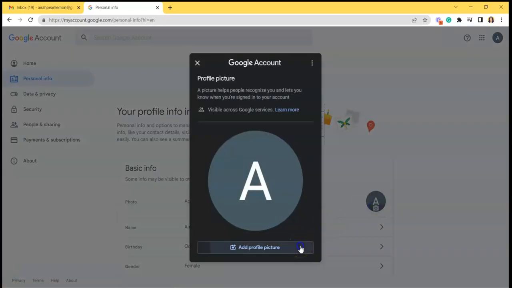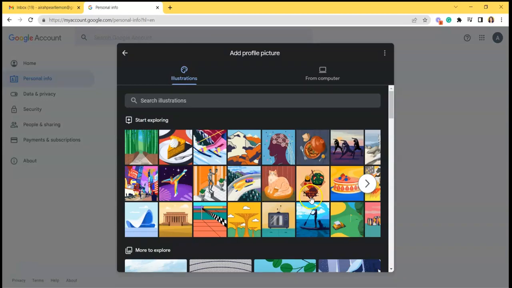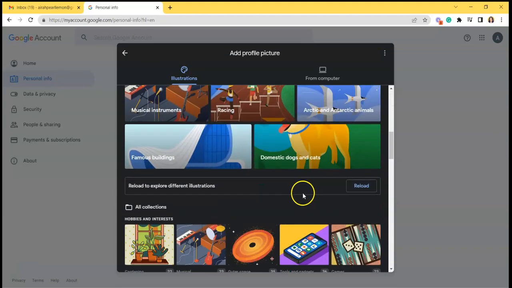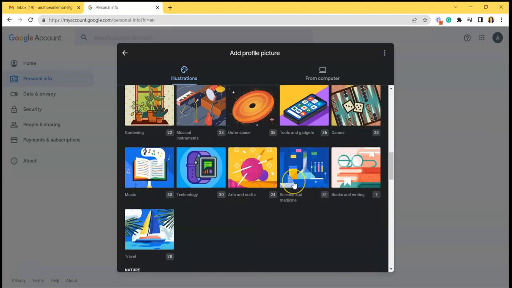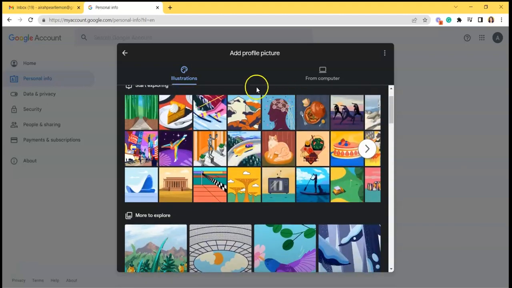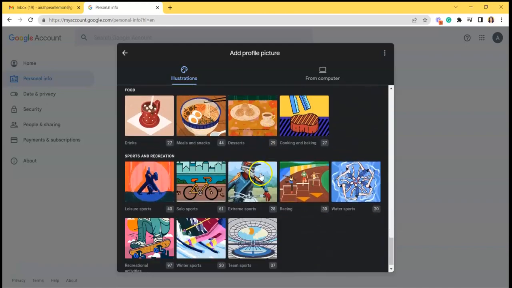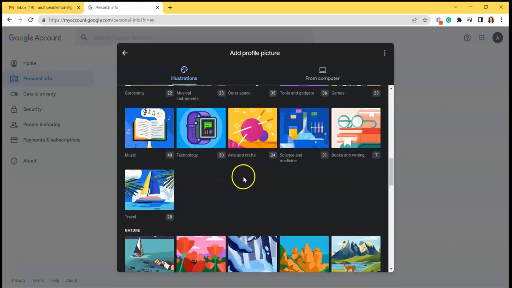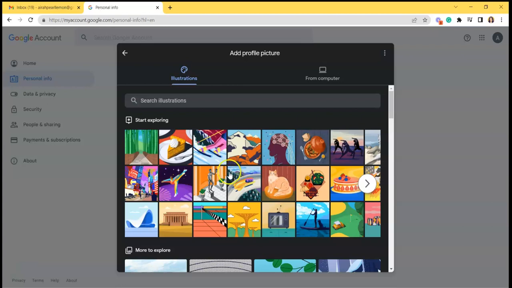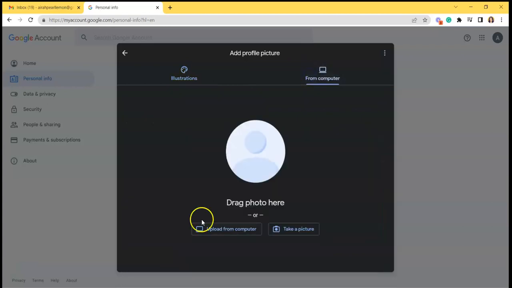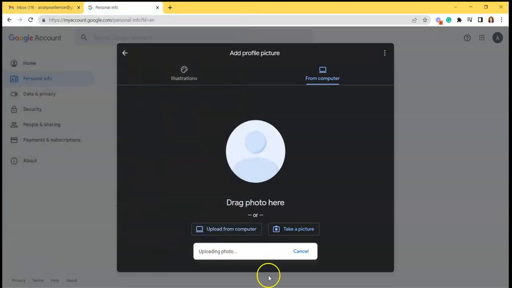Click add profile picture. As you can see, Google also offers a lot of on-app pictures that you can use, but you can also use from your computer. As you can see, it has a lot of pre-uploaded pictures. From my computer, you can drag the photo here, take a picture, or upload it. So what I'll be doing is upload from my computer, and then open, and as you can see, it is